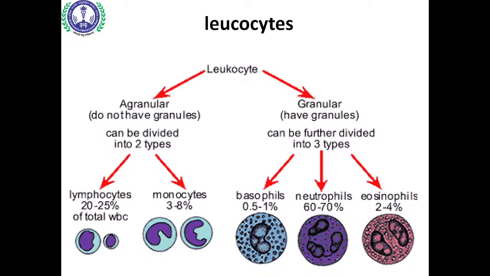So the least number of these cells are the basophils, right? Basophils are seen with great difficulty, so if you are asked to do a DLC, don't be in a huff and puff to mention it as a basophil. It is 0.5 to 1%, less than half a cell in 100 fields that you will be observing in differential leukocyte count, right?